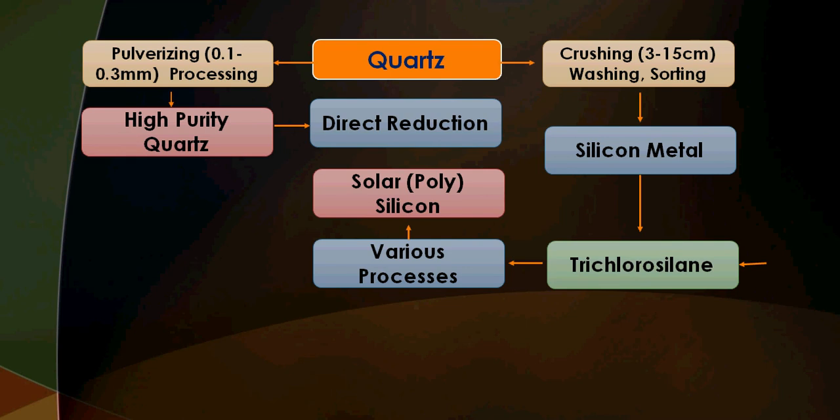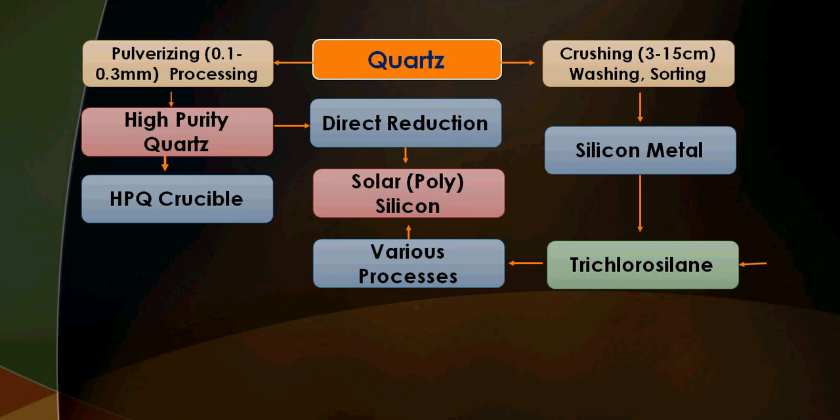We can also produce polysilicon by the direct reduction method, which nobody has done yet. So instead of producing silicon metal and purifying silicon metal, what we are doing here is improving the quality of quartz. So we are producing high purity quartz, and then we are pelletizing it with a cementing material which is organic. So during the heating it will not break, but the organic cementing material will evaporate. So it is called the direct reduction method. I don't know if anybody has done it on the commercial scale yet, but it has been done in Norway